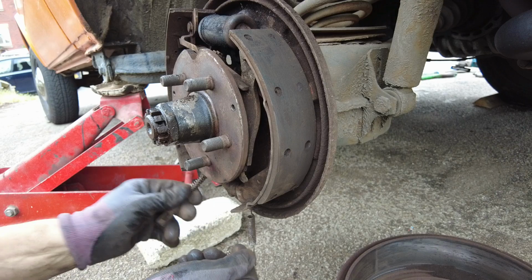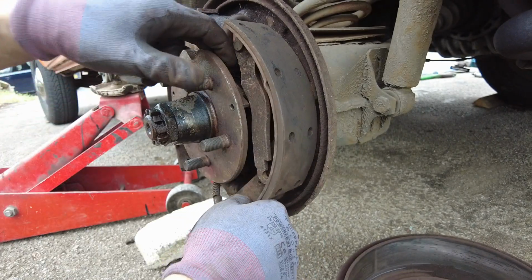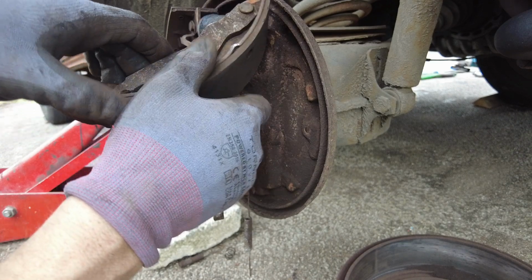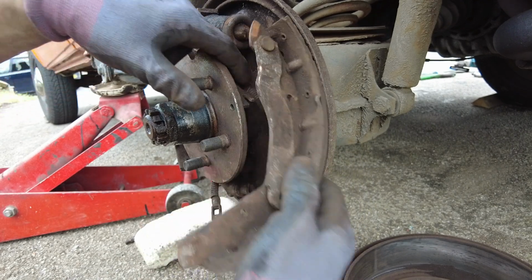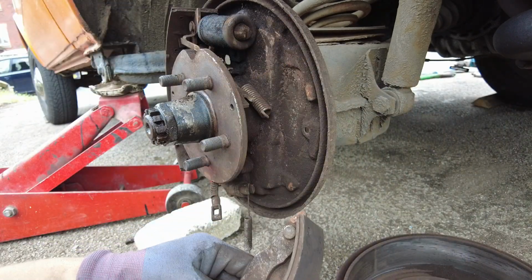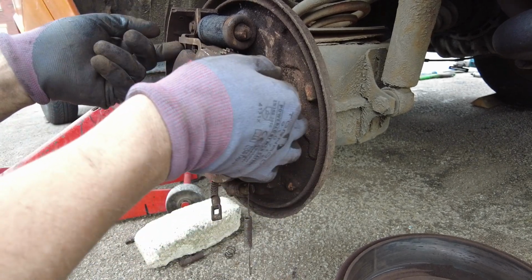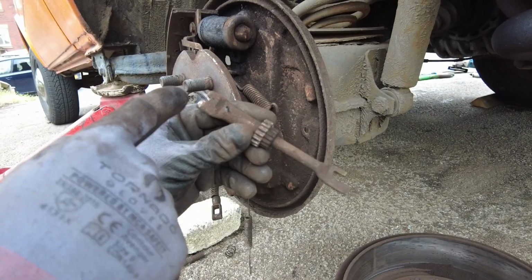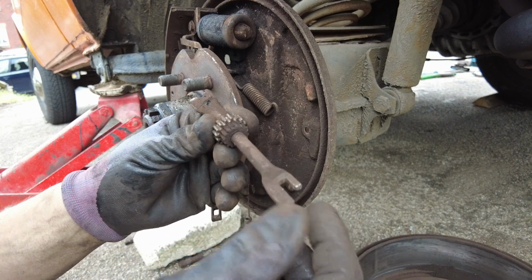There we go. That's right. Okay, shoe. Get that adjuster out. Whoop, spring came off. That doesn't normally happen. So the adjuster goes in like that. Have the fat part at the front and the long part